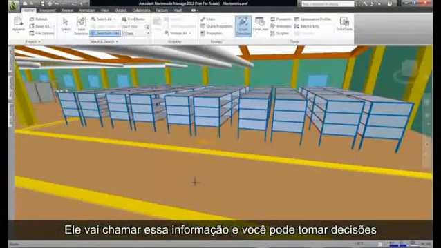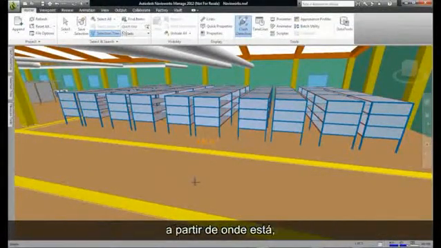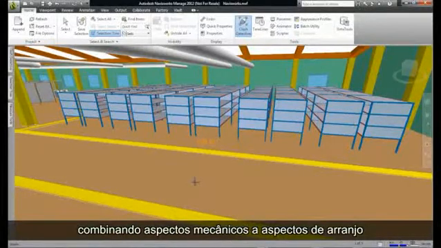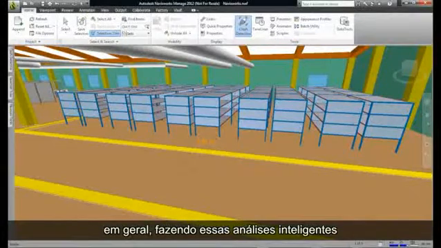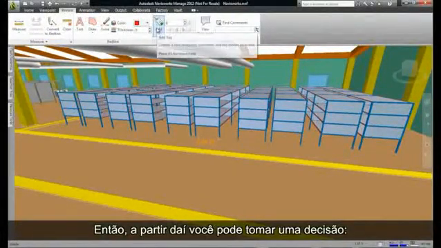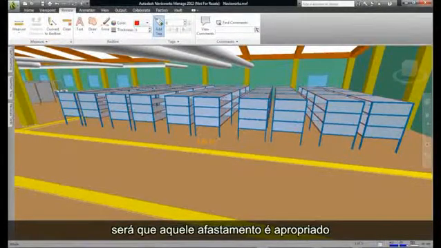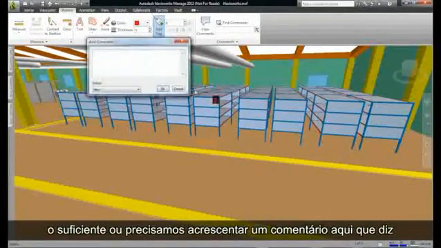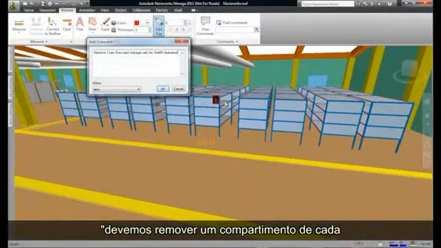It's going to call out that information, and you can make decisions where you're combining mechanical aspects with general arrangement aspects, and having those intelligent reviews with those key stakeholders. So then from there, you can make a decision. Is that clearance perhaps appropriate enough? Or do we need to add a comment here that says we should remove one bay from each of these